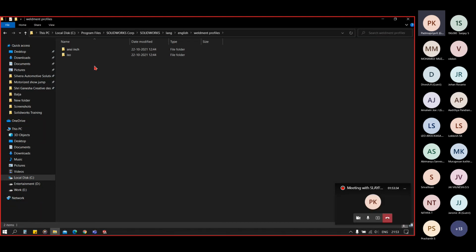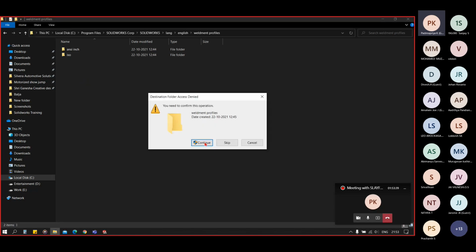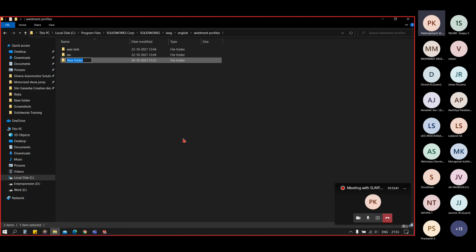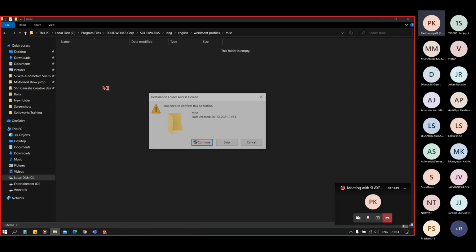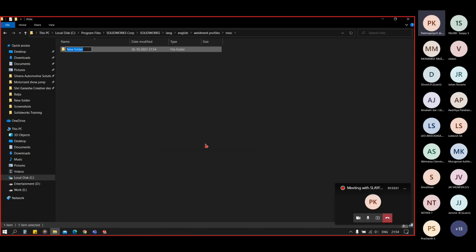In this, now you have to create a new folder. Give them permission. Let's say MISC, miscellaneous. Okay. In the miscellaneous, add again hexagon, hex for hexagon.